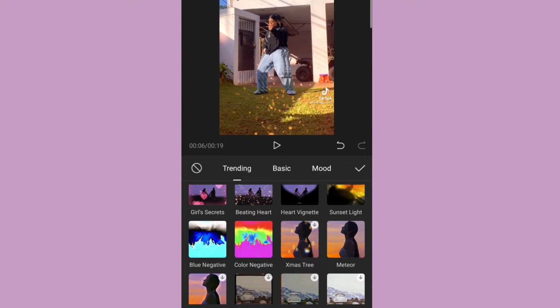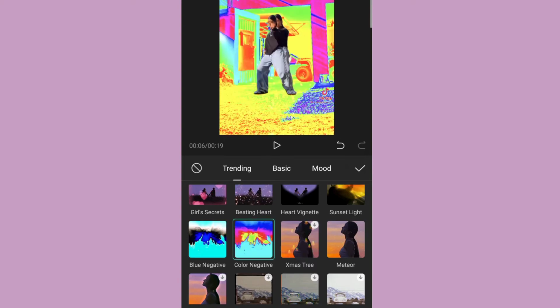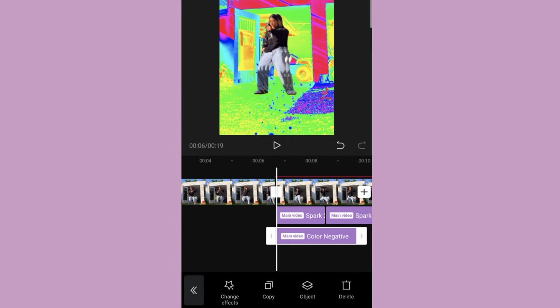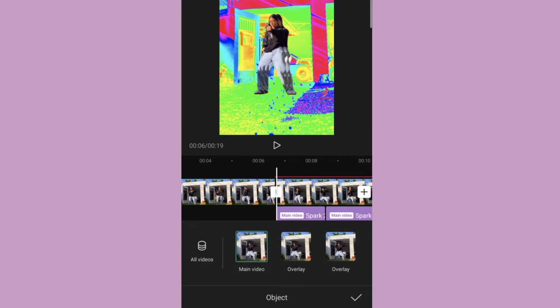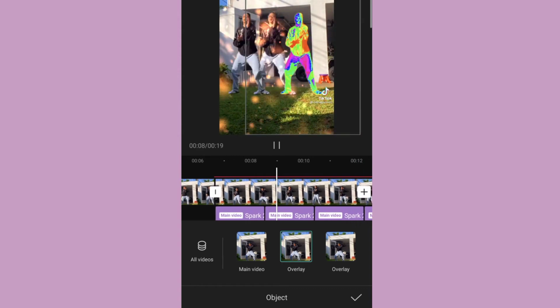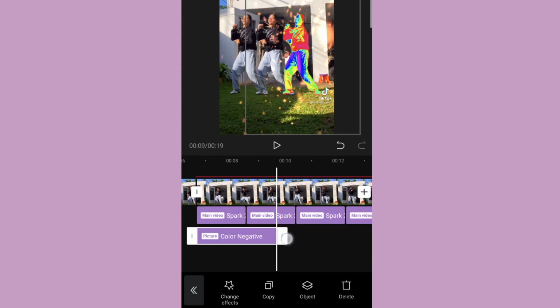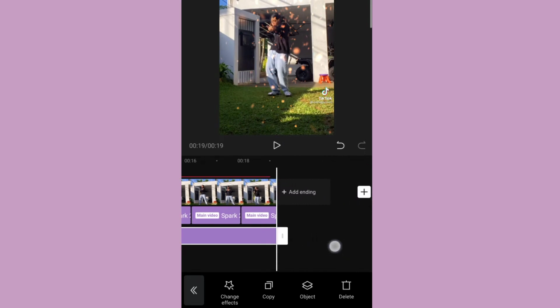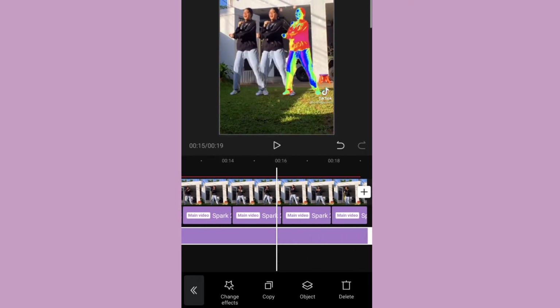And we need to choose the color negative, and we need to click the object and click the first overlay, and we need to go up until the end, and we need to copy